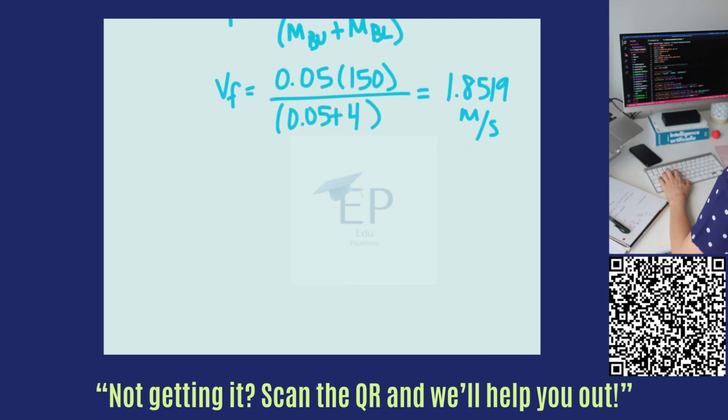So now that we have a velocity, we can determine what the amplitude is, because we